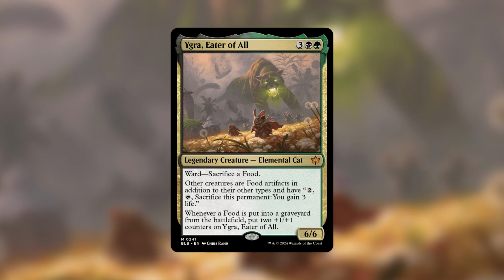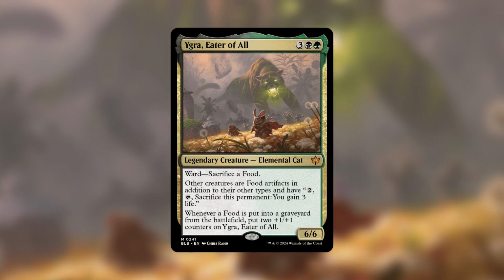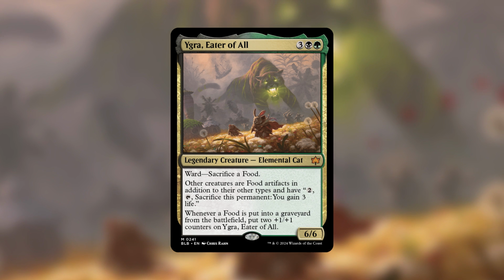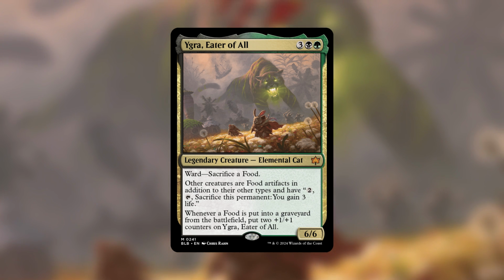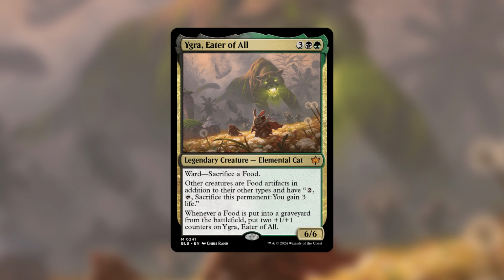Ygra, Eater of All. So I feel personally this could have easily been just a 3/3 instead of a 6/6 because it's going to scale in the game very easily, putting 2 +1/+1 counters on it for each food that enters the graveyard. So that counts your food tokens on the battlefield. That also includes every creature on the battlefield too. You could go into a little bit of an aristocrat strategy where you sacrifice your creatures, get Ygra even